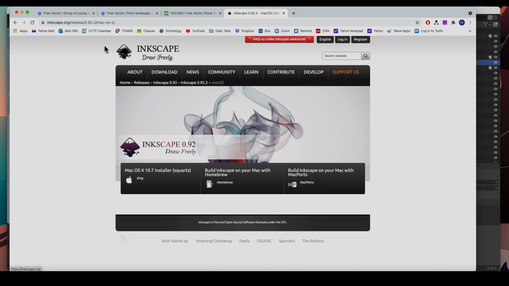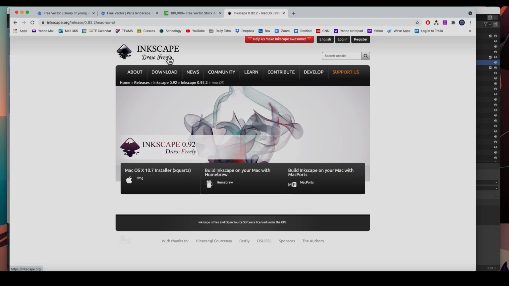So you could just go to inkscape.org and download it, install it on your computer, and then you can edit your vector images that you download from the internet. SVG graphics, download them, open them up in Inkscape, prepare them, and then import them into Blender. So let's get started, guys.